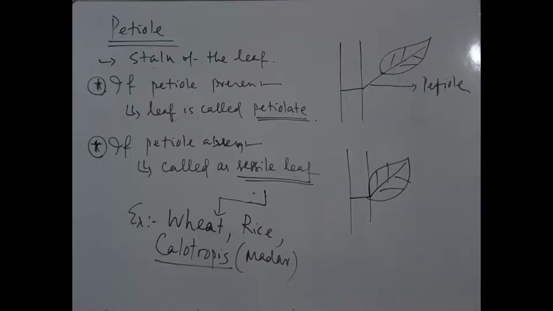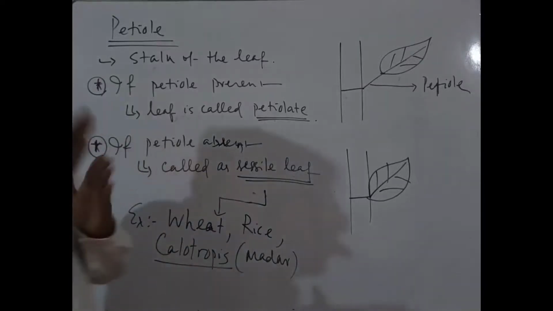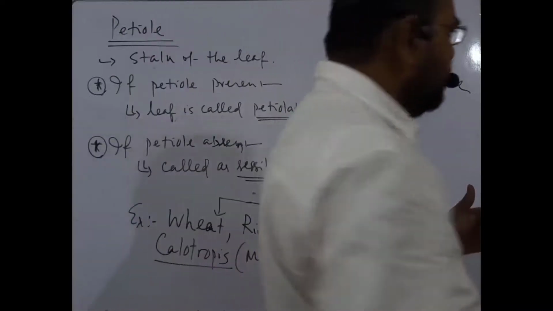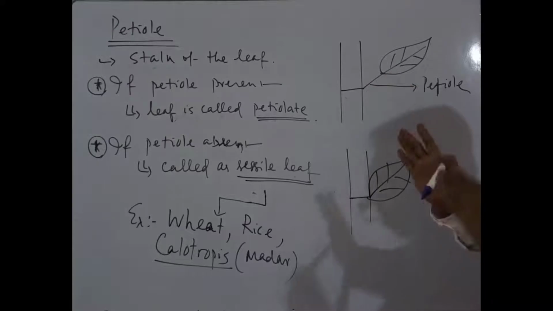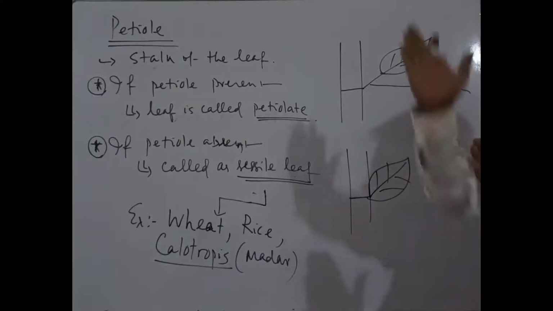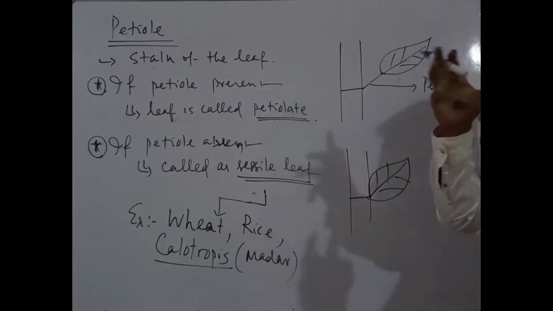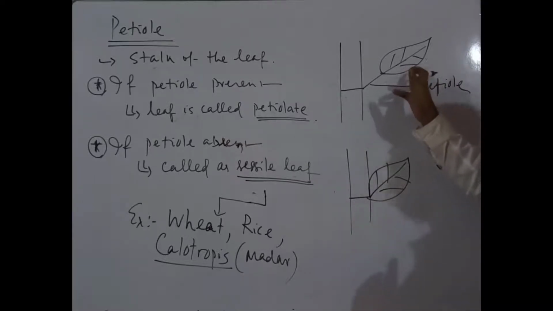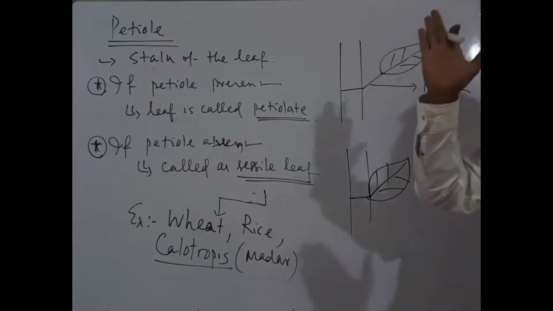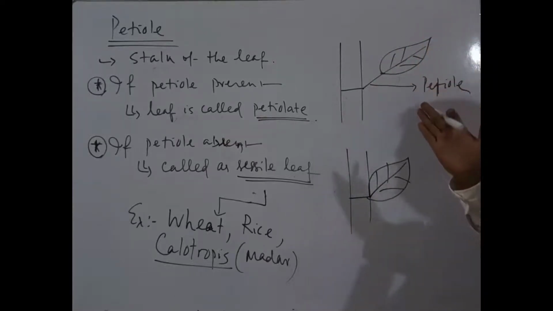वो लीफ ब्लेड को लाइट की तरफ एक्सटेंड करता है और लीफ ब्लेड को विंड में फ्लटर करता है। देखिए ये petiole जो स्टॉक है ना, अगर स्टॉक रहेगा तो लीफ थोड़ा ऊंचाई में रहेगा, तो उसको लाइट अच्छे से मिलेगा। तो petiole लीफ लैमिना या ब्लेड को एक्सपोज करता है टुवर्ड्स द लाइट।